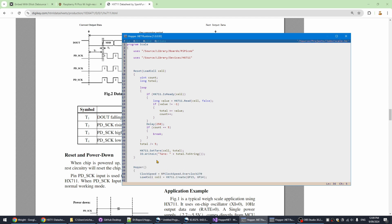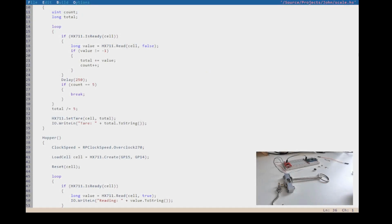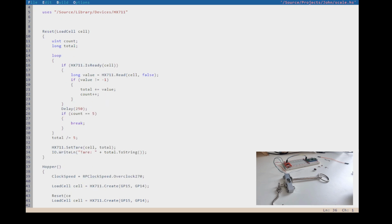So we want to be able to call reset on demand, like when you press a button, right? So how do we do that in Hopper? Let's have a look. Hopper has something called events. So you can make a button event, and we can make this reset. An event is also known as an interrupt. So you can make a button